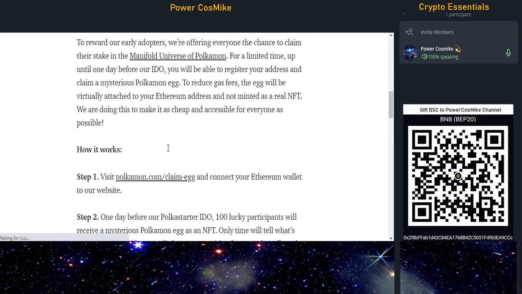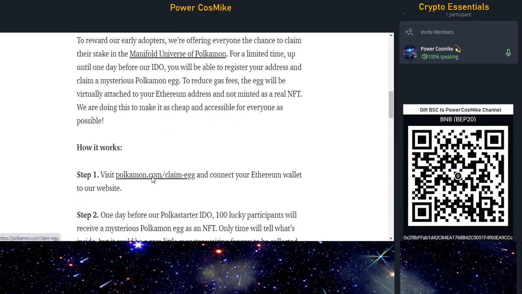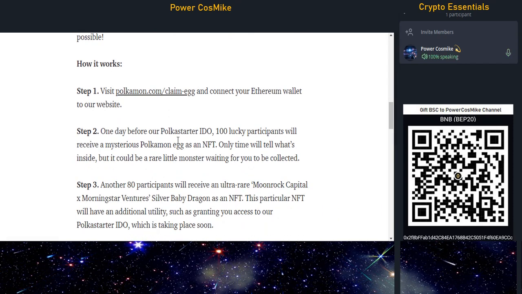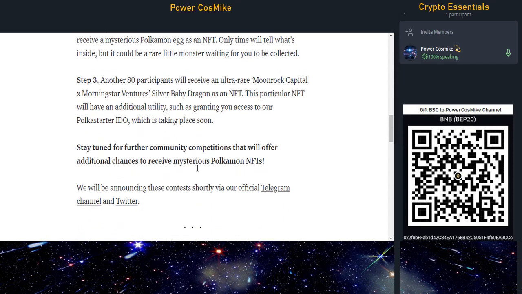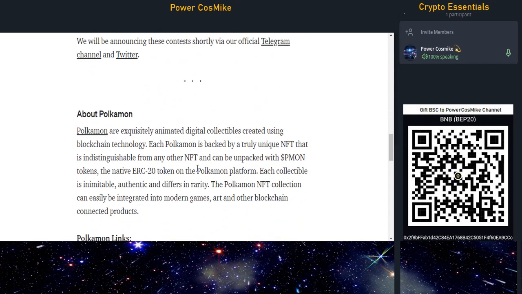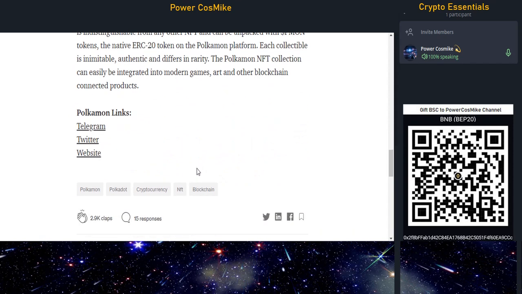As you can see, I was on this Polkamon claim egg page just to show you what that looks like, and this tells you, there's basically going to be 100 of these guys that are going to be provided, and then another 80 ultra rare moon rock things. So we'll be looking forward to that. But realize this is a limited time